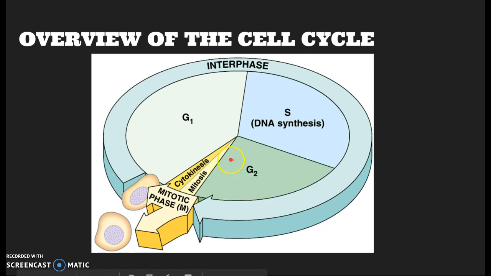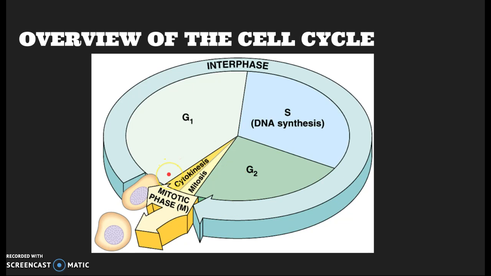The G1 phase, which is this one, also known as first gap, the S phase, which is this one, also known as synthesis, and the G2 phase, this one, also known as second gap. And so during the G1 phase, a cell grows and carries out its normal functions, and then it enters the S phase where it copies its chromosomes. Afterwards, it enters the G2 phase where it can do some more growing before it can enter the mitotic phase,